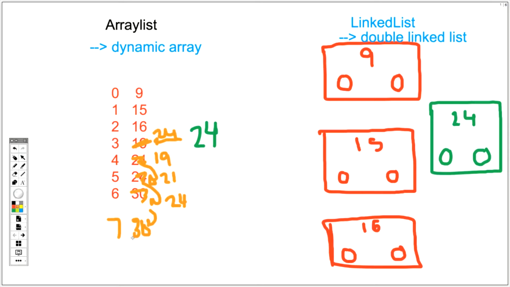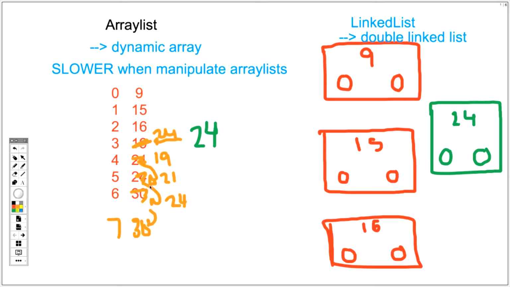But imagine if we had 500 numbers and we wanted to push a 24 in index 3. That's going to take a really long time. So that's why we consider ArrayList to be much slower when we want to manipulate it, right? Because currently I'm trying to manipulate it. I already had these original set of numbers, and then I was changing, oh, actually, no, I want to change the